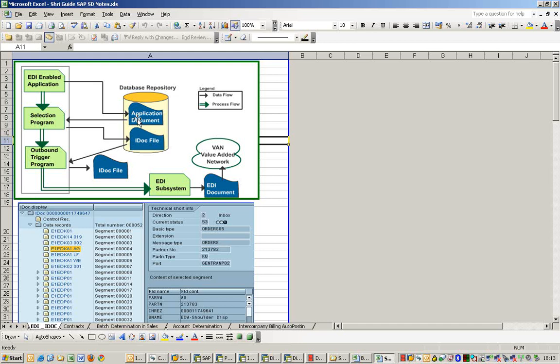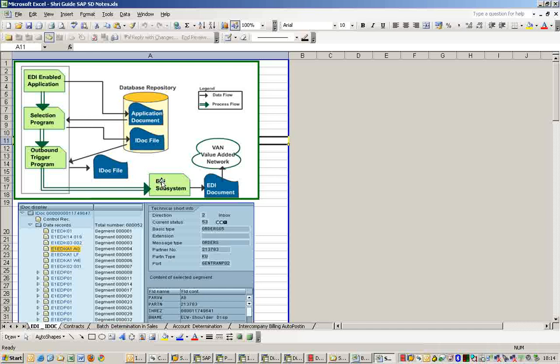So what happens is, you will create an invoice. Your output program will determine what is the basic type, what is the message type, what is the partner function, and will create an IDOC file, and then it will be sent to the EDI subsystem, that is your port.